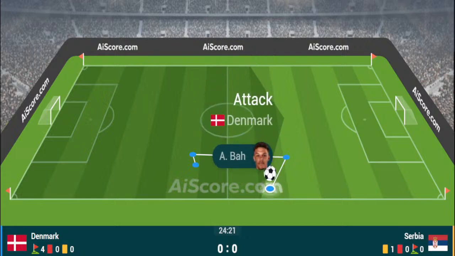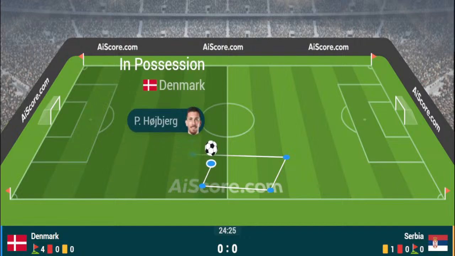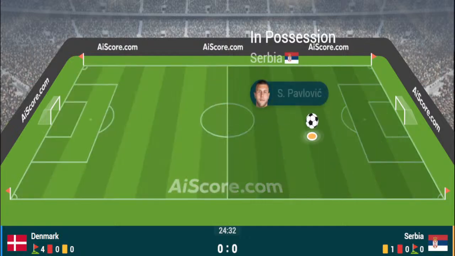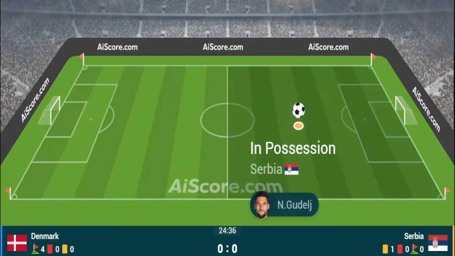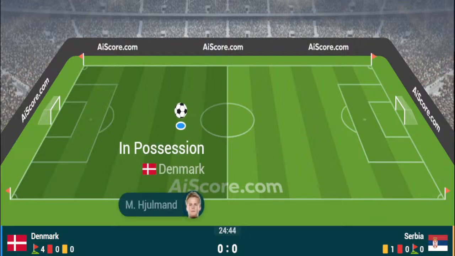it's a bit of a let-off really for Serbia there, got to say, because it wasn't conclusive at all from the replays we've seen on our monitors here. Denmark 0, Serbia 0 is the score, and it does remain England 0, Slovenia 0 elsewhere in the group. But Denmark with a really good passage of play, and I think they're now starting to show that they are the better side in this